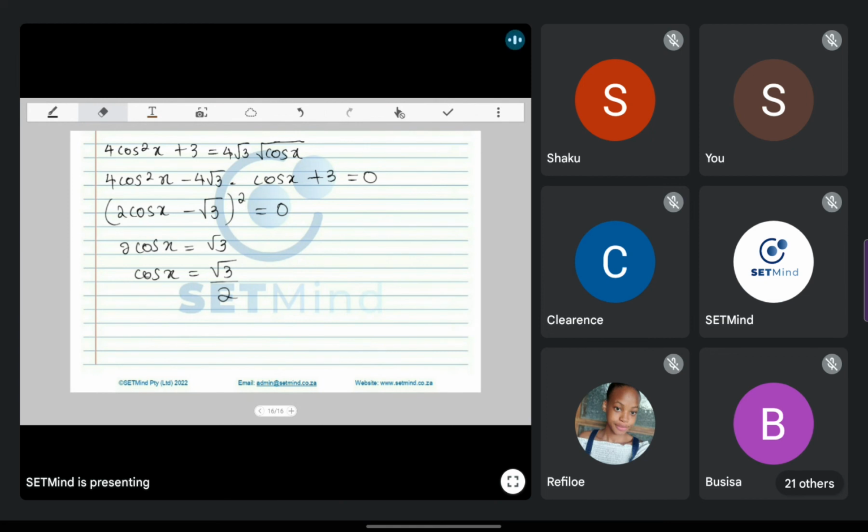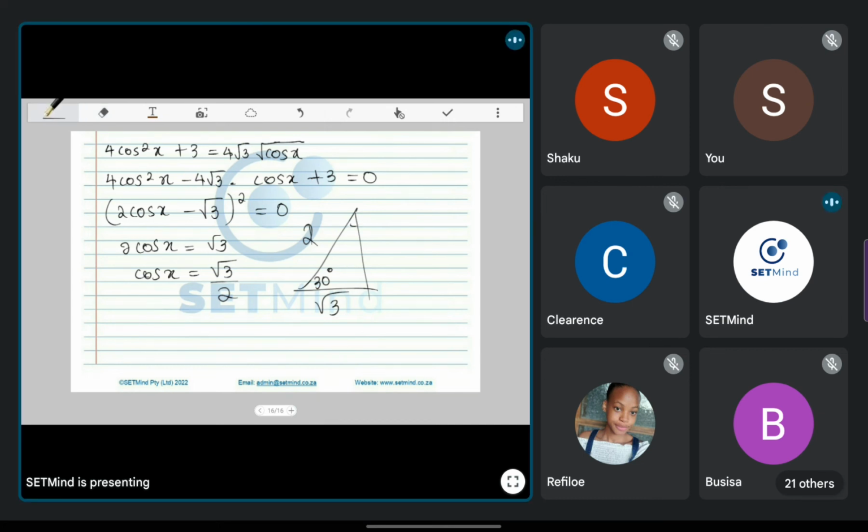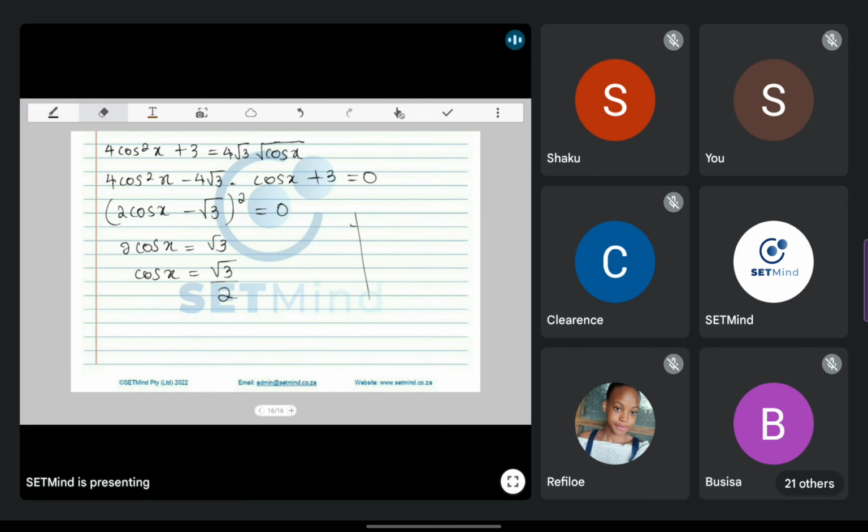Is that what you were saying? What I was saying, because I remember last time when you asked whether they are allowed to just punch it in the calculator, I think they said yes. So if that's the case, then they'll just punch it in the calculator and get the answer. Yeah, but they should be careful with the answer. They said